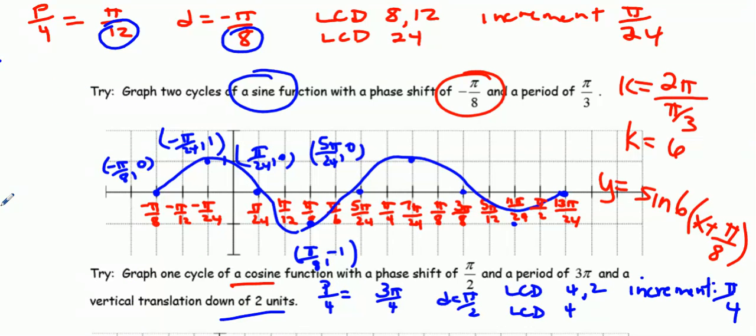So there's my equation, y equals sine 6x plus pi by 8. Did you get that? Again, if we were calculating our k, which is really the only challenging part here, you're going to take 2 pi divided by your period, which is pi by 3. Flip your fraction, cancel your pi's, and you end up with k equals 6. Don't forget to change your sign here. The next one,